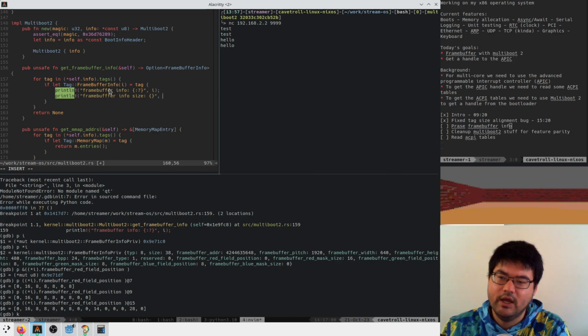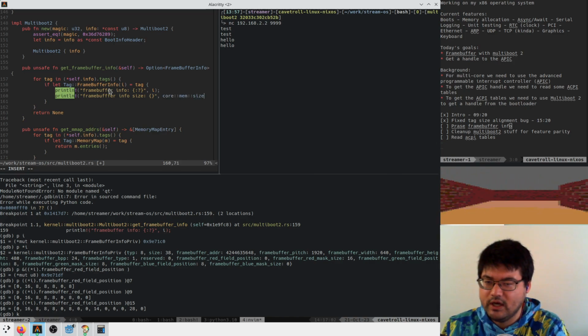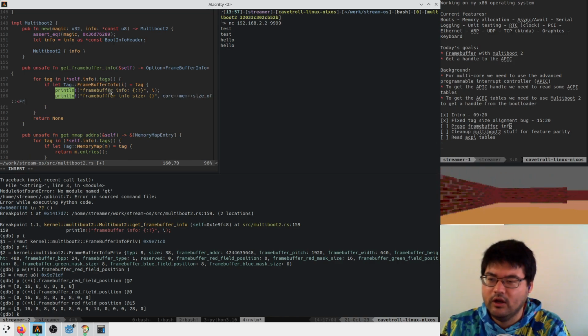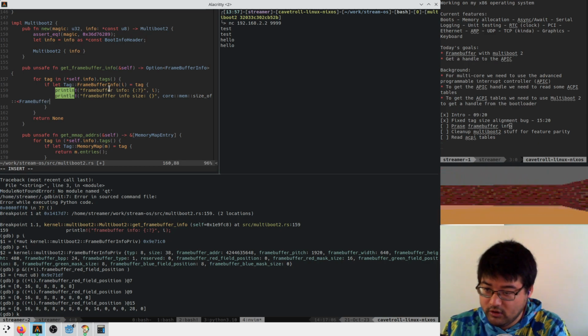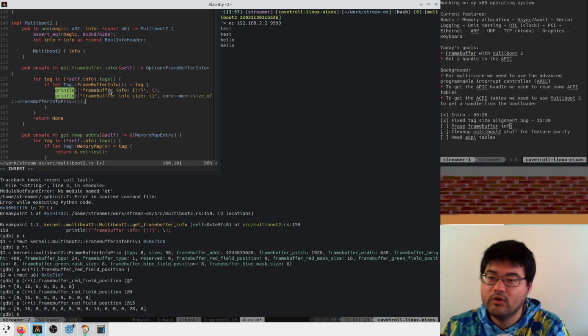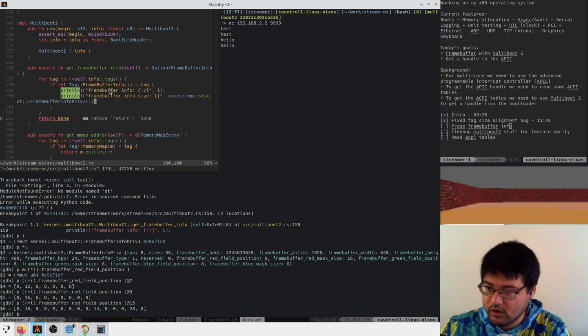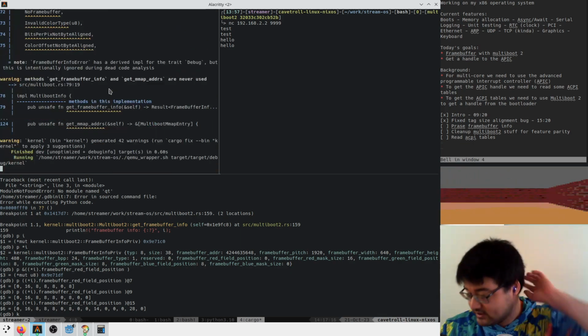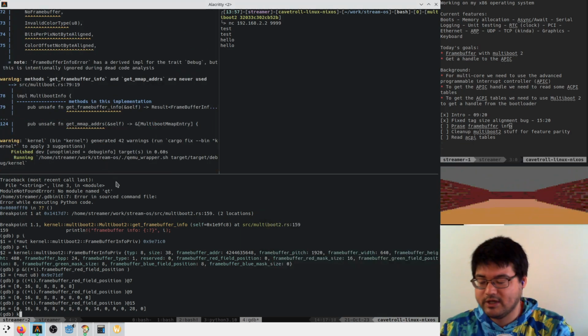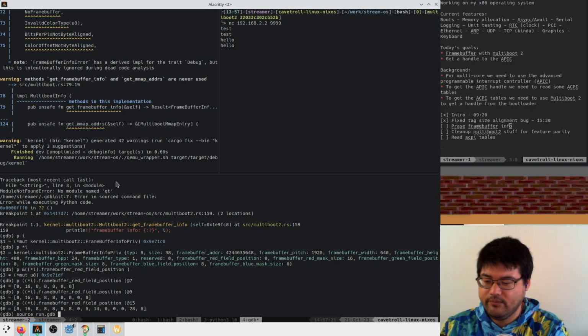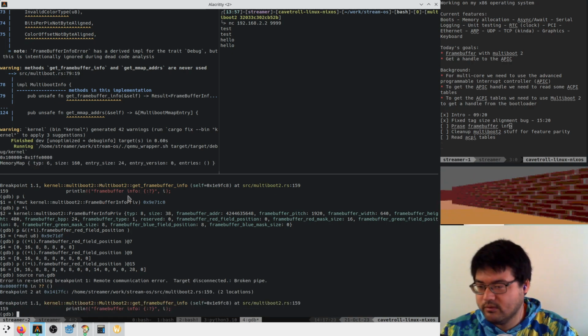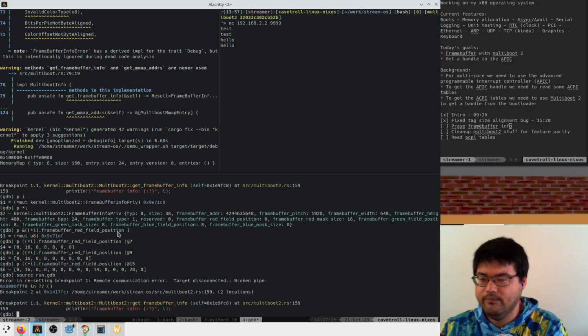So here we can say core mem size of frame buffer info priv. The reason I'm doing this is I want to see if the size of the struct doesn't match the size of the object, basically.